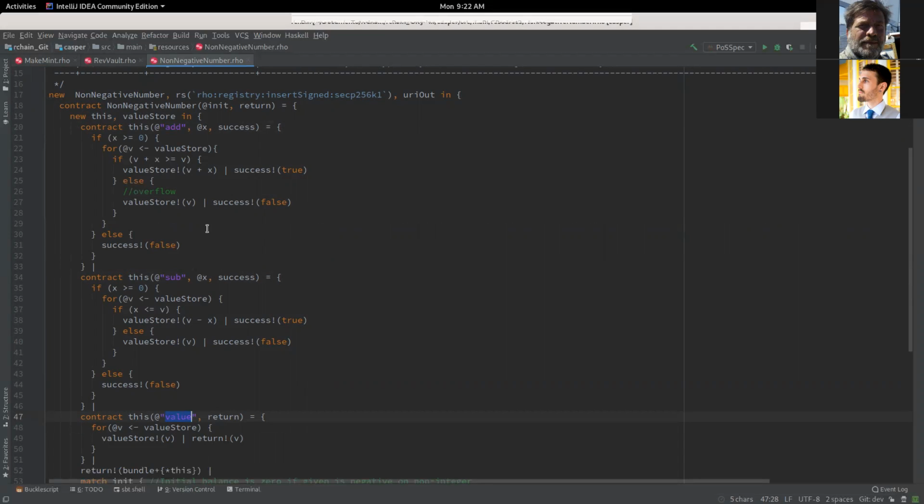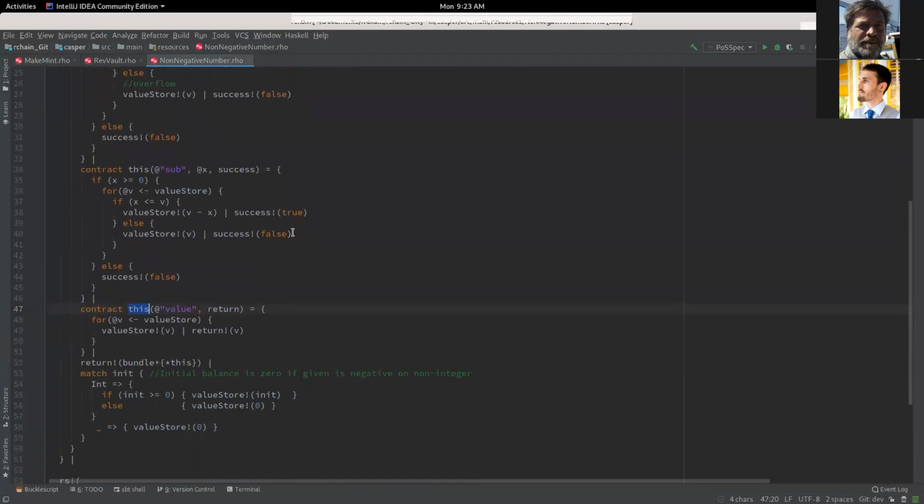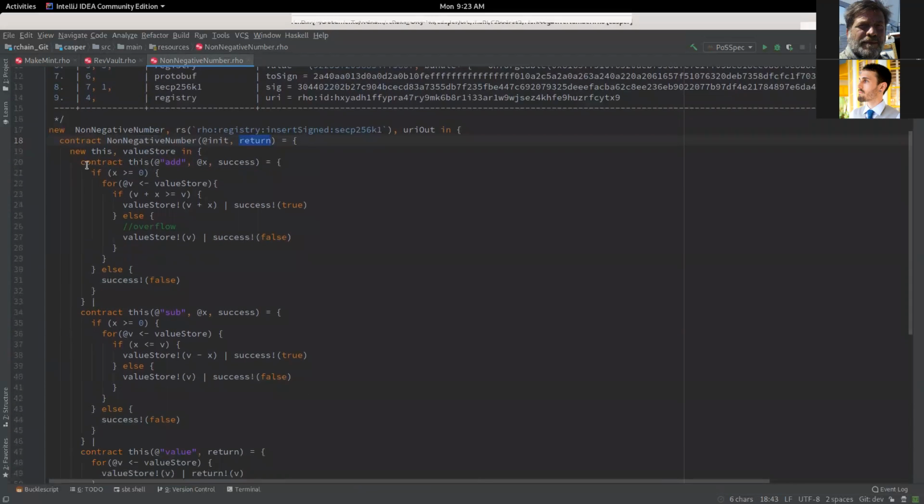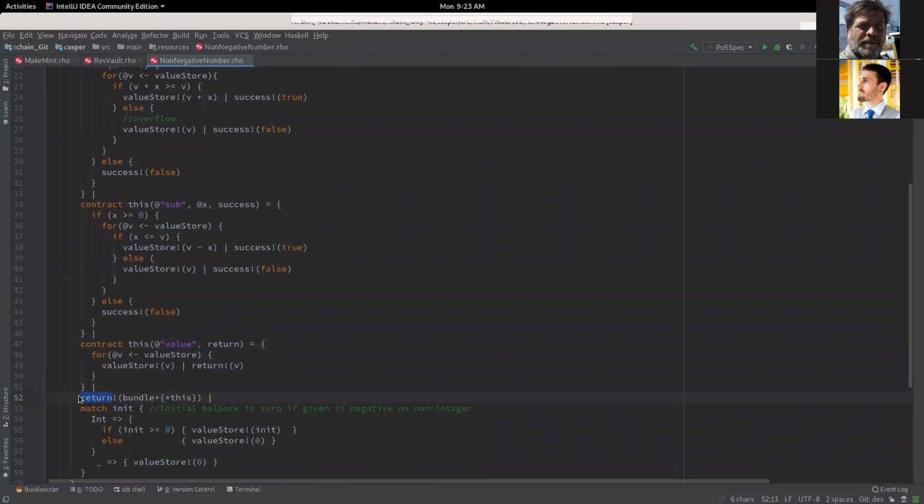And you can notice that once you have this name, you can call these methods at will. So we have to do some sort of protection of that name. Otherwise, once you know that name, you can just add or subtract whatever you want from somebody's purse. And so the important thing is the way that this thing's returned. It gets returned on this channel. So basically, what is returned is right here on line 52, and it's this write-only bundle with that name.